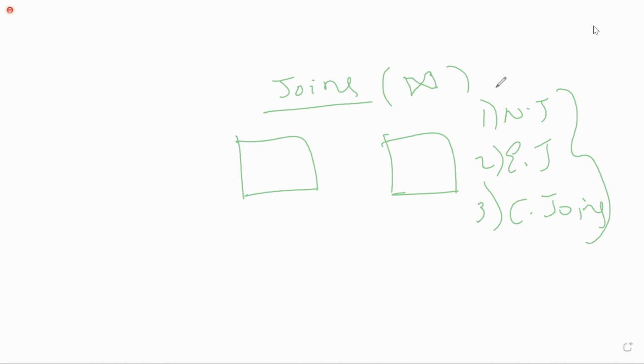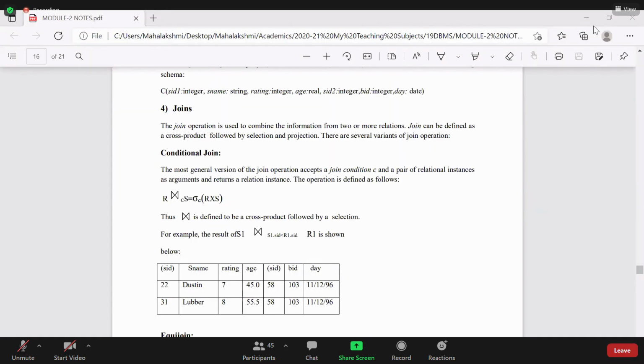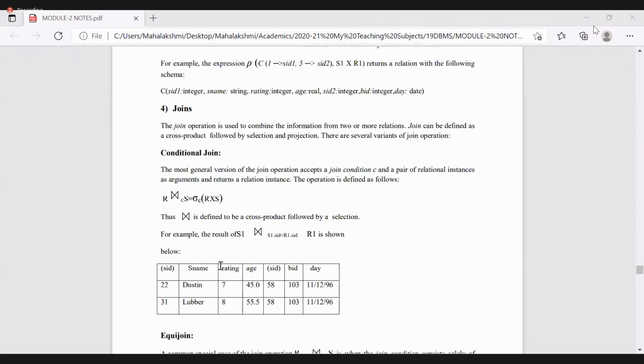I'll show you the notes. Just remember the syntaxes. For conditional join, a join is nothing but the cross product result.